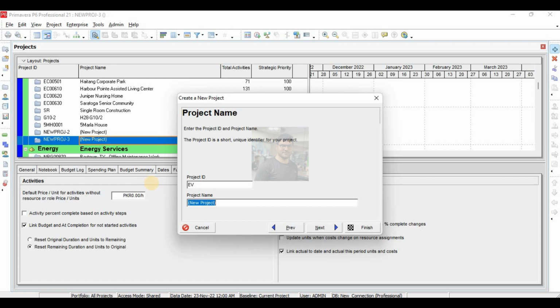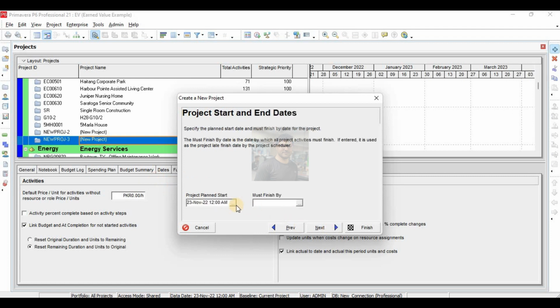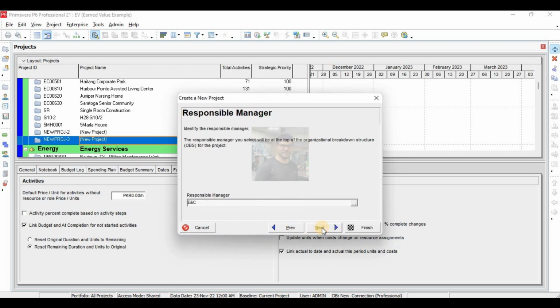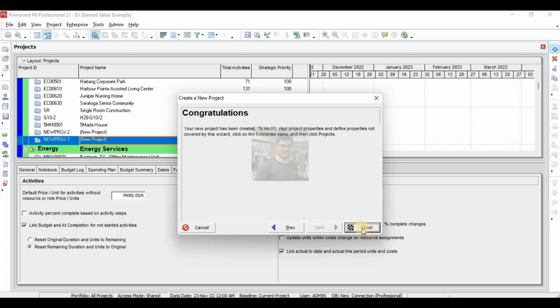Let's say the project ID is Earned Value and the project name is Earned Value Example. Here activities are starting. My project is starting from 23rd November at 12 a.m. I want to start it from 8 a.m. Responsible manager E and C is okay, standard rate is okay, finish.